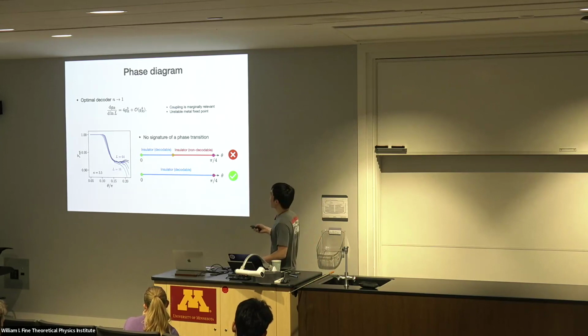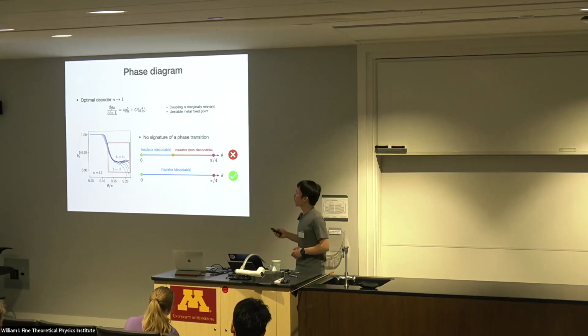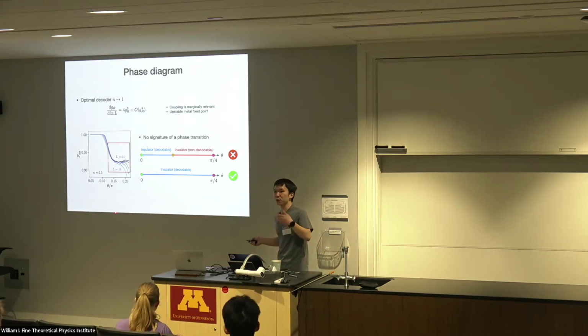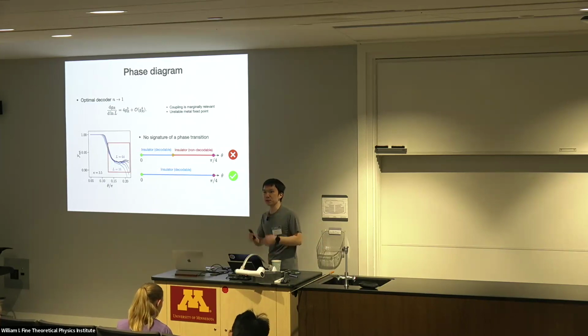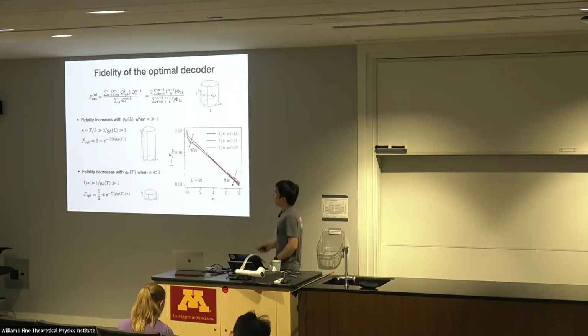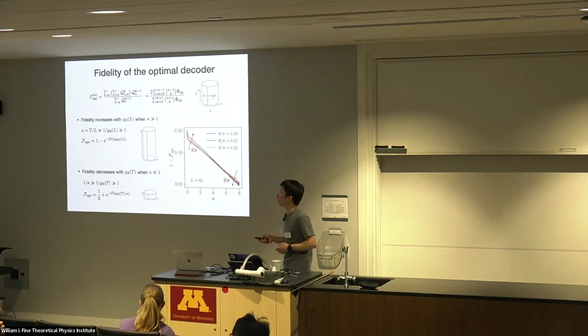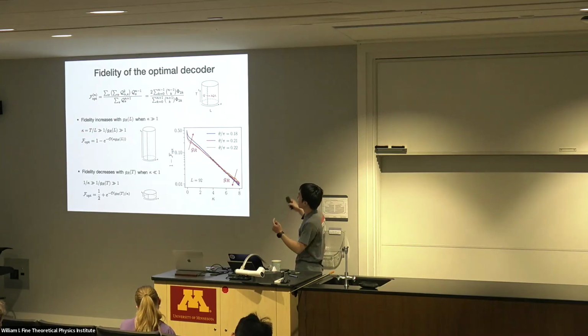Now you may ask me, then what is going on here? It turns out, and I'm going to explain in the next slides, this is exactly the finite size effect that you are going to predict when you flow away from the metal fixed point in the sigma model. Going back to this formula, it is a bit technical, but you can show that the sigma model fidelity has an interesting behavior when you fix the aspect ratio and ask how the fidelity scales with the renormalized coupling at the scale L. There's a trend reversal when you consider kappa much greater than 1 and